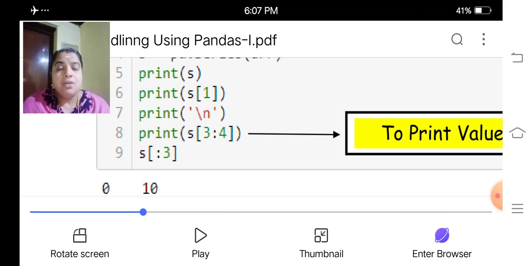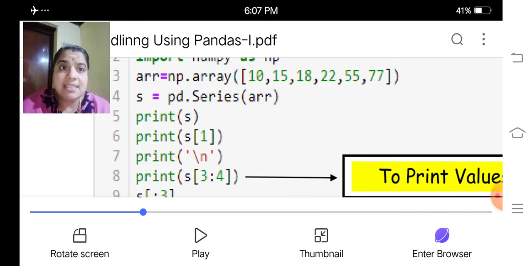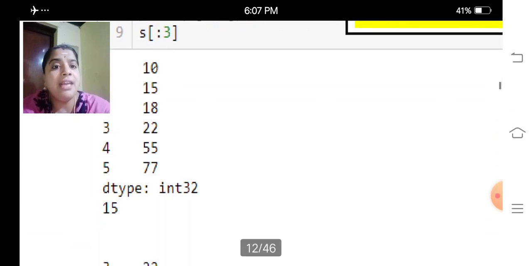Whereas if we are using the square bracket with only one index, we won't get the index value. It will return only the original value. That means print of s of 1. The result will be the value in the first index, nothing but 15. That is why we got 15 here.